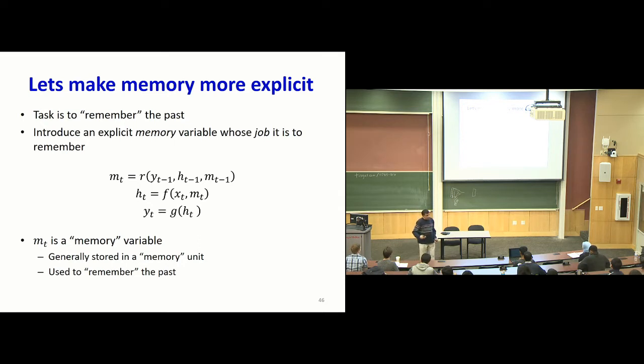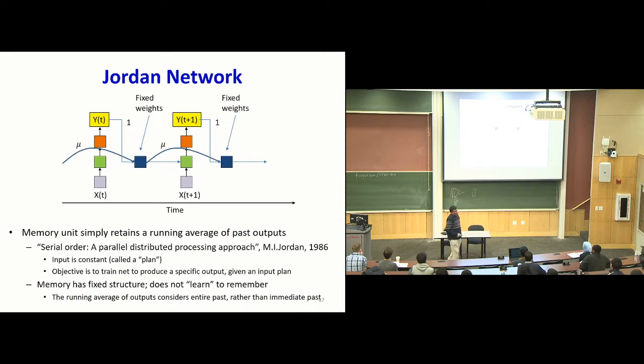And then when the neural network makes any computation at any time, it's going to consider not just the current input, but everything that was stored that is known about the past, which is the memory M. And so it's going to compute its hidden values H, and the output, of course, depends on the hidden value H, right? So in this kind of structure, we've introduced this memory variable, which is used to remember the past.